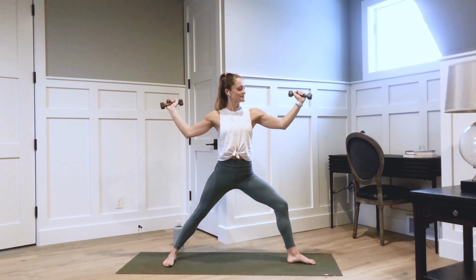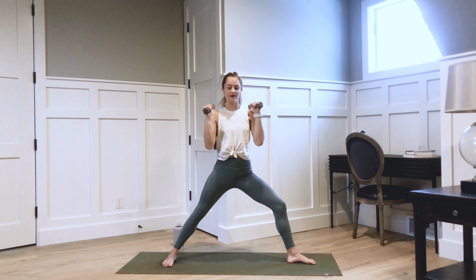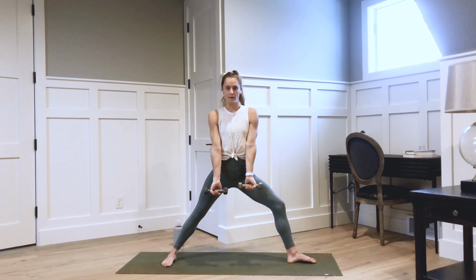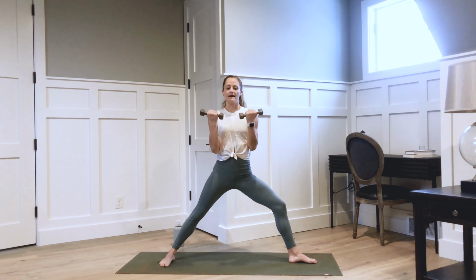Take an inhale. And then exhale. And then inhale, weights to shoulders. Release your hands down. Palms face away from you. We're gonna do some bicep curls. So take an inhale. And then exhale, invite your fingers and hands up towards your